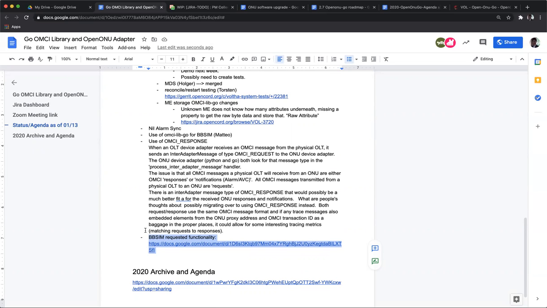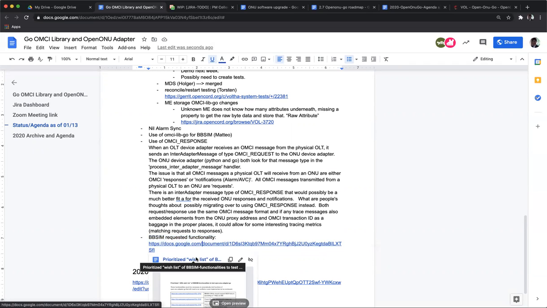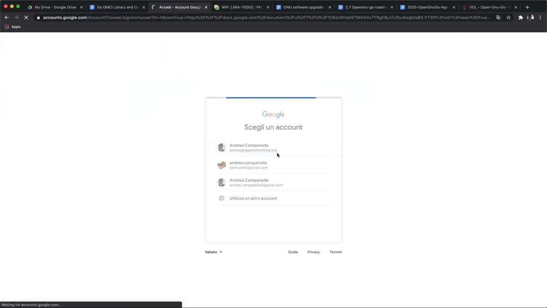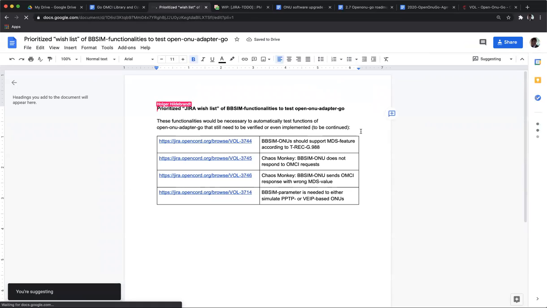Yeah, I started to collect some useful BBSIM functionalities, which would be useful if we want to extend our scope of automated test cases. So the first thing is to support the NDS feature at all. It's not supported yet. And the next step would be to have also some kind of chaos monkey functionality, which